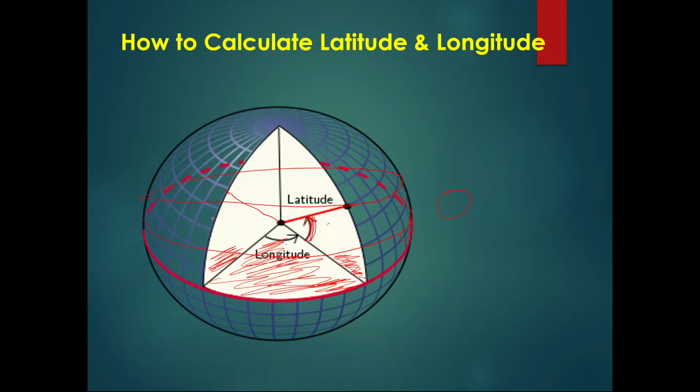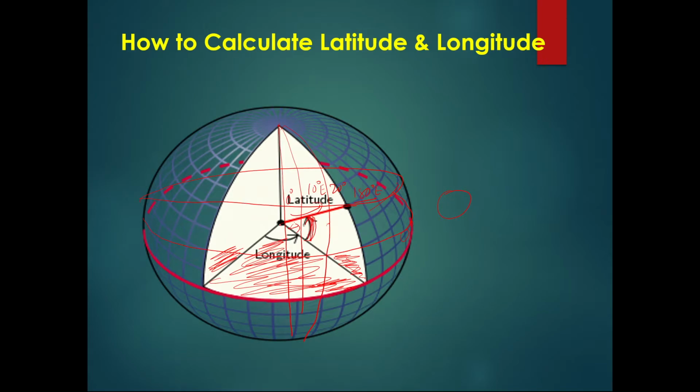Now when we come to longitude, this is a prime meridian. Any line we take as the prime meridian, and from this, if we traverse this way, the angle keeps increasing from 0 degrees to 10 degrees east, then 20 degrees, and in the same way it goes up to 180 degrees east.